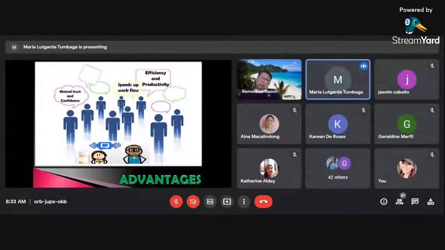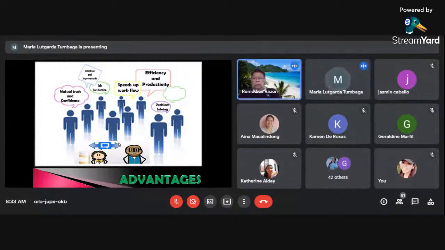Another is it speeds up workflow. Due to coordination of managers, opinions and ideas are shared, which makes it easier to achieve organizational goals. Another is initiatives and improvements. It provides an avenue for clarification, especially in departments working on the same project. It also increases job satisfaction and motivation by creating more employee empowerment and communication.